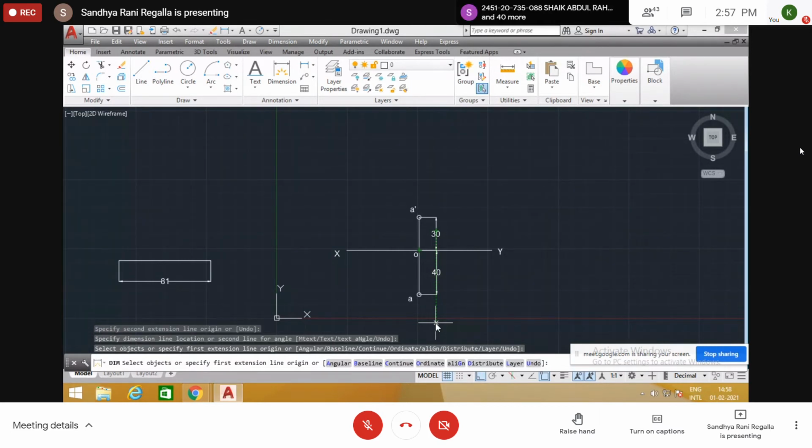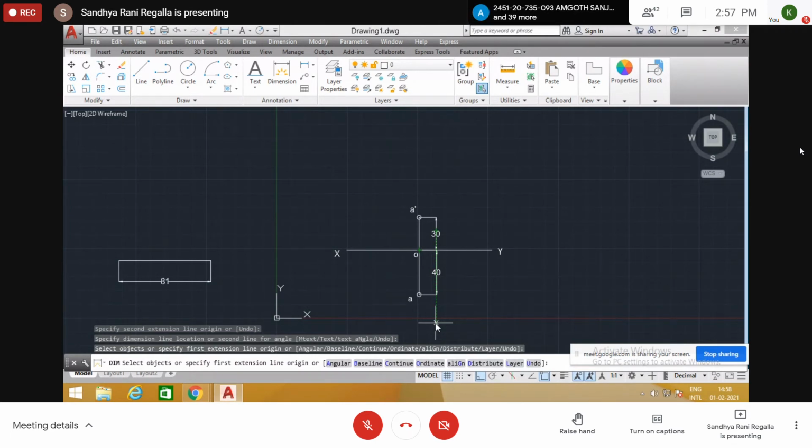So there is no confusion, because when the line is in the first quadrant, the front view is always above the XY line and the top view is always below the XY line.